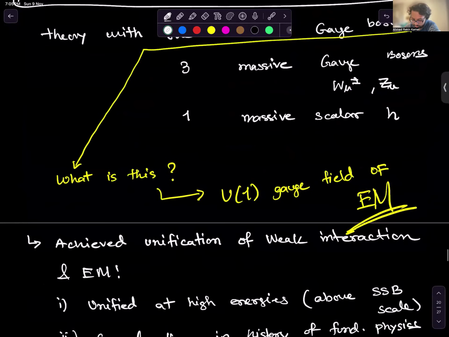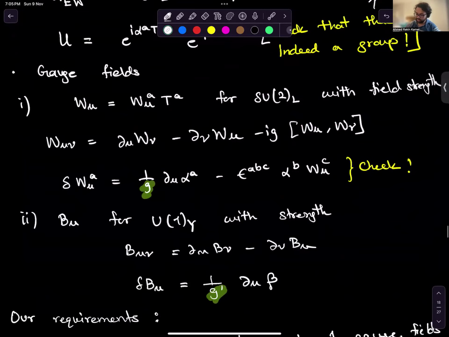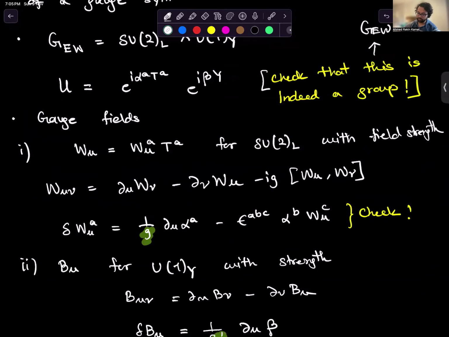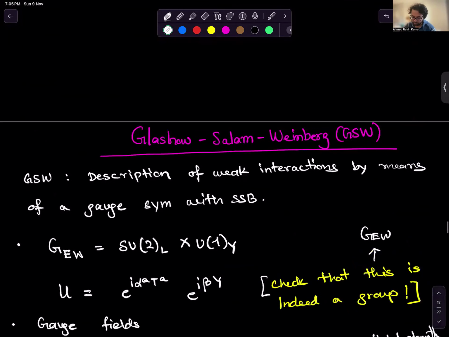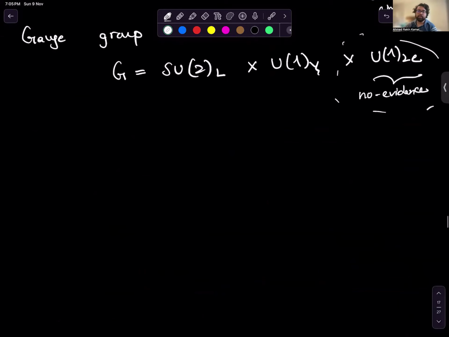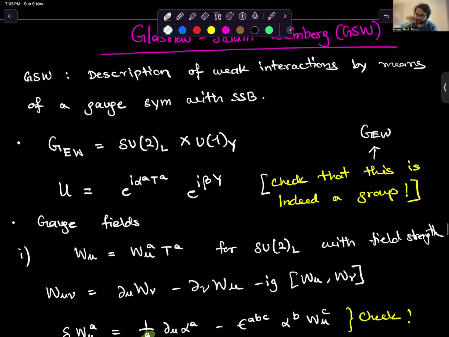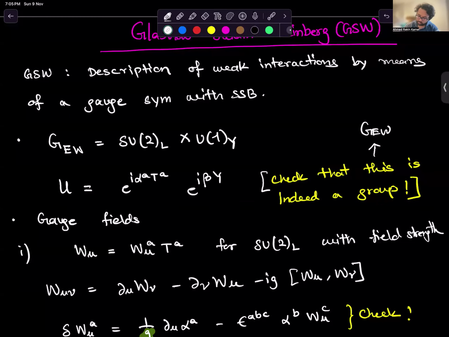Before we get into our topic for today, I'll try to recap a few things so that we're all on the same page. Maybe it's best to start from the Glashow-Salam-Weinberg model. So where did we stop? Where did we start? We started the discussion